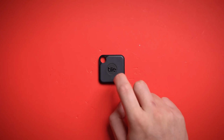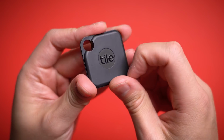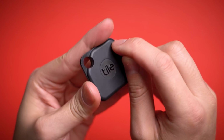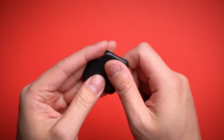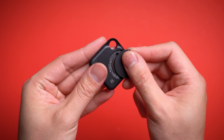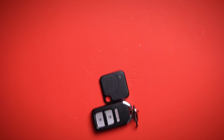Finally, their top of the line and loudest of the bunch, the Tile Pro, with that new all black finish made with an aluminum frame and plastic all around. This is what you're all familiar with, but now sporting up to 400 feet in range and offering a replaceable battery. These are meant for keys or anything that can be clipped alongside its dedicated cutout, like say your car